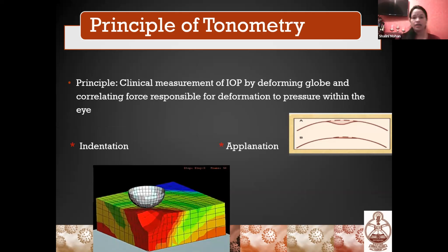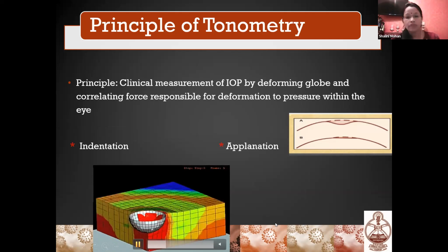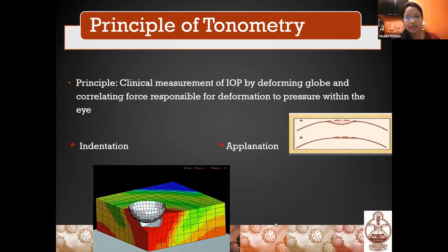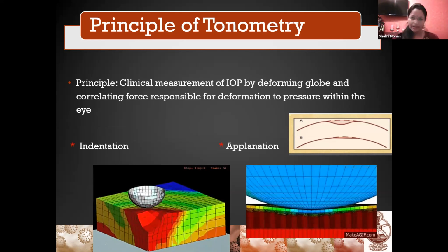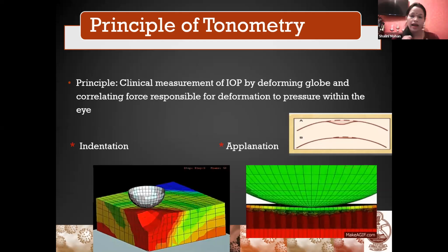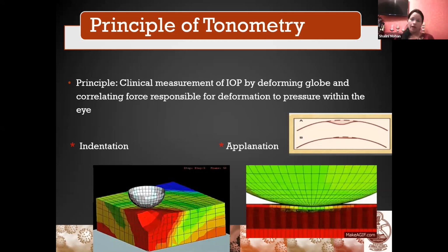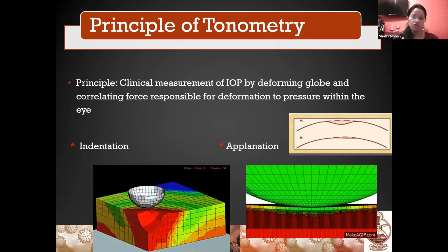And that is how we measure the intraocular pressure in indentation method. But because the displacement of aqueous is quite a lot in this method, that is why we resort to another method, which is applanation. Here the surface of the cornea is flattened. It is a planar surface, and therefore the aqueous displacement is very less, and that is why applanation tonometry is more